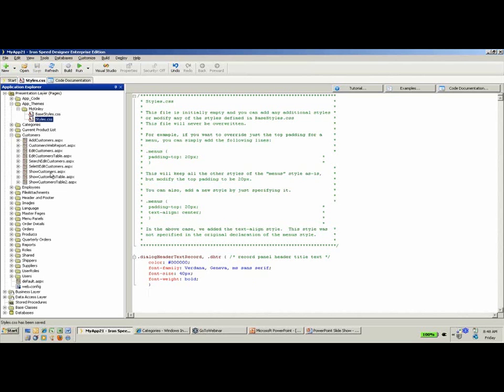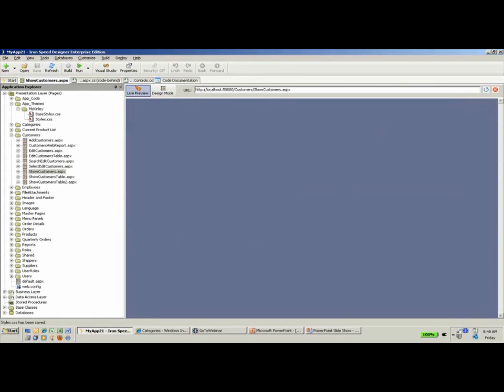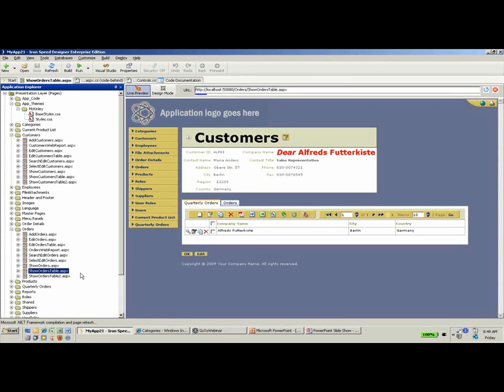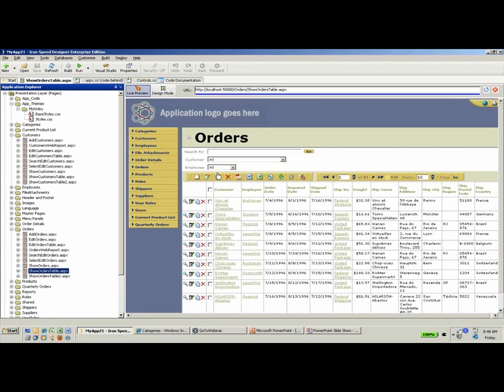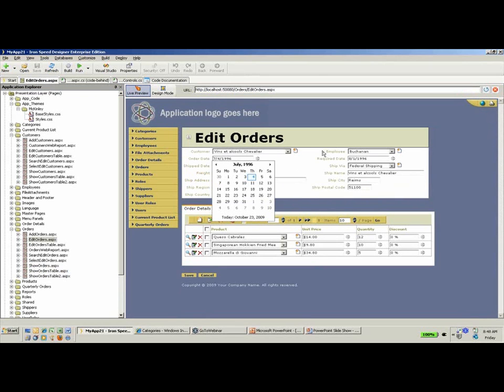And now we'll go back to our Show Customers page. Let me refresh the browser here. And there you have it. You can see I'm a fan of big fonts. So here's Customers, kind of big and bold, 40 point. And in fact, if we go look at some other pages, for example, a Show Orders table page, you'll notice that that's been globally manifested throughout my entire application. And as I just click around from page to page, you'll see that the font is the same. Okay, let me stop